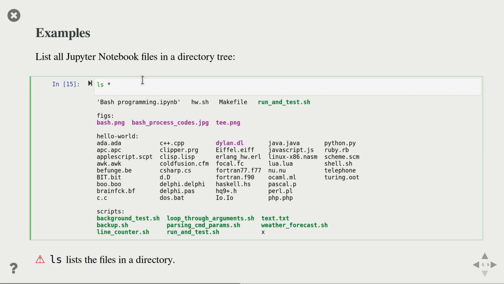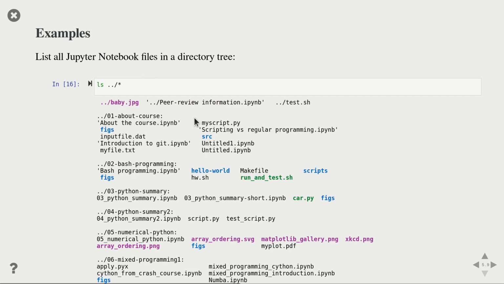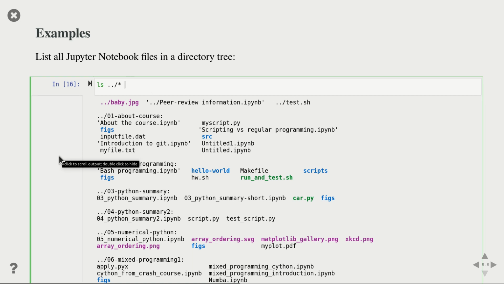So just to make this a bit more interesting, I go one folder up, and so these are all my lectures. Right? And so you see there's a lot of files down here. And some of them are these .ipynb files that I'm interested in, but there's a lot of other files that I'm not interested in. So then what I do is take that output of the ls command and